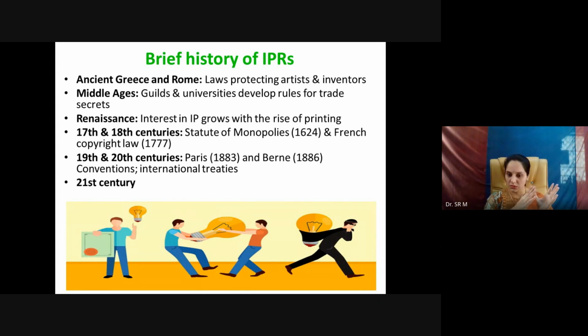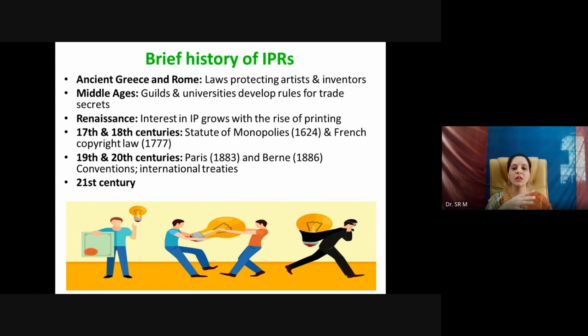That was the time which also witnessed the rise of printing. So what was happening? It was possible to easily reproduce the works of authorship, right? So in 1455, Venice was the first city to issue a patent, and actually it granted exclusive rights to the inventor who comes up with a new process. Then what happened? IP actually